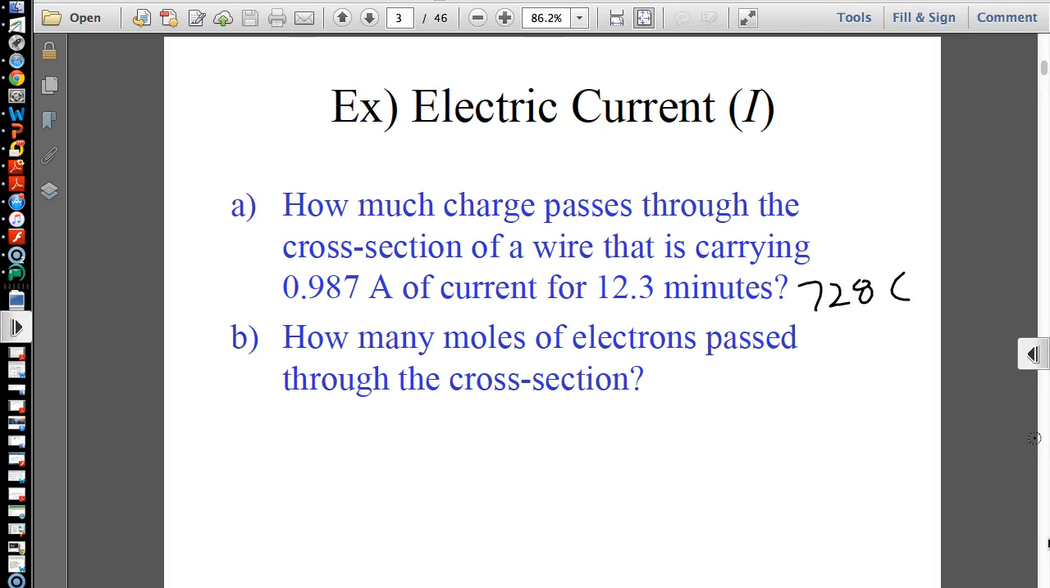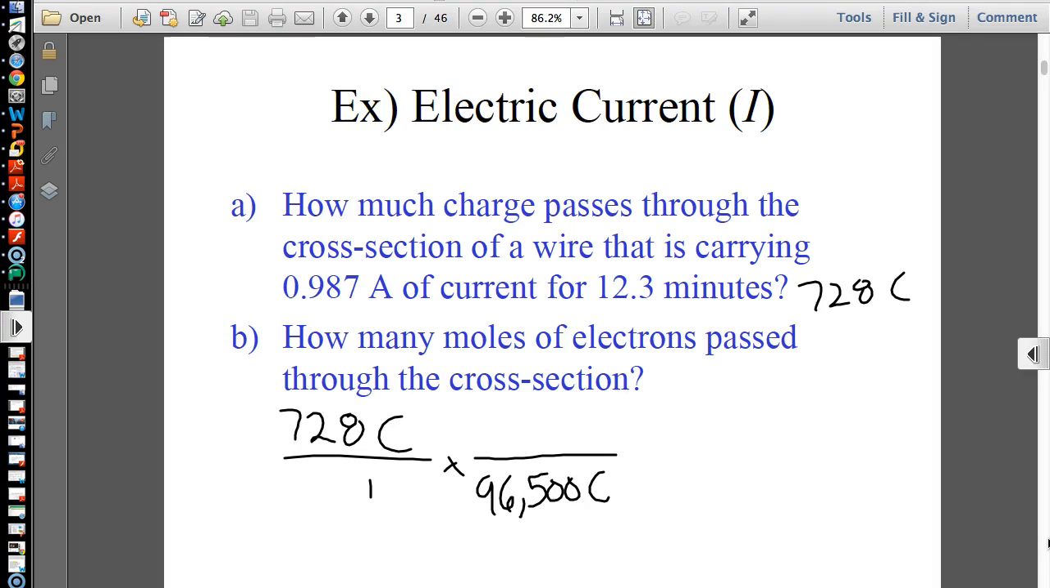So let's look at the second part. How many moles of electrons pass through the cross section? Look back at your Faraday's constant there. 1 mole of electrons is 96,485. Do you see where I'm seeing that? So if I want to find moles of electrons, I'm going to put my 728 coulombs on the bottom, and I have 96,500, because it's up here. And then that's 1 mole of electrons. I have what I want in the top right-hand corner, right? So I'm done. Once I divide there, you get